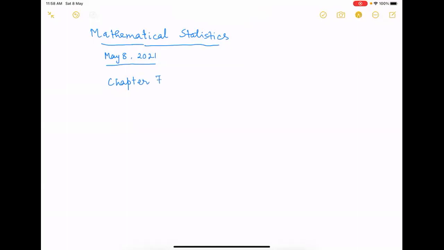So chapter 7 from Casella and Berger is on point estimation. All right. Okay. So there are typically point estimation. The concept of point estimation is